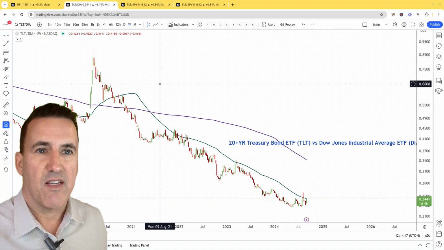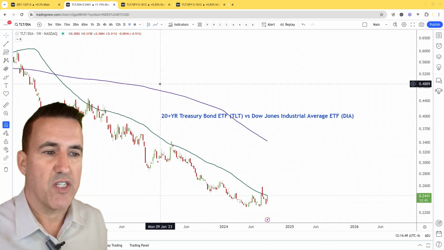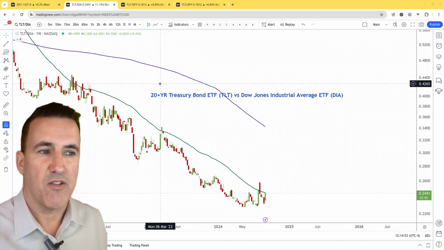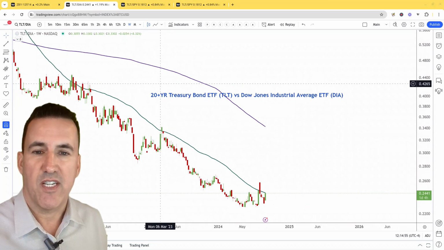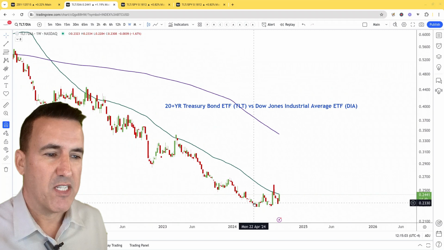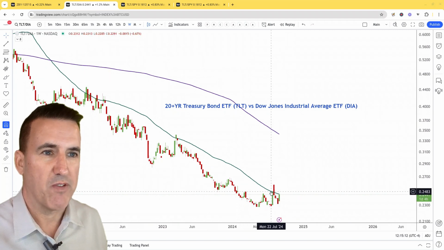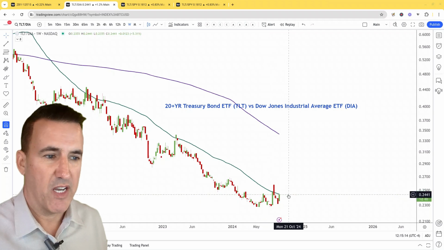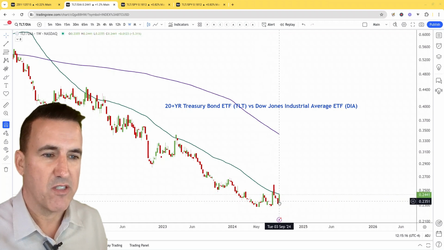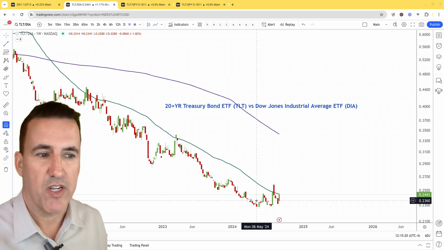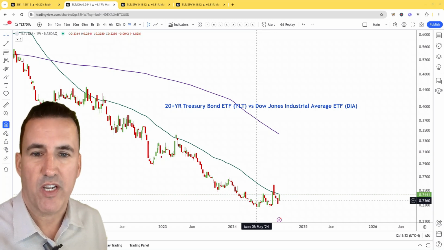Now this is the 20-year Treasury bond ETF, the TLT, versus the Dow Jones Industrial Average ETF. This is what's going on here. We're finding some consolidation throughout the last half of 2024. We saw it broke above this green 50-week moving average, and now we're testing it again here. This consolidation suggests that perhaps this could be a stage one accumulation, and what follows a stage one accumulation is